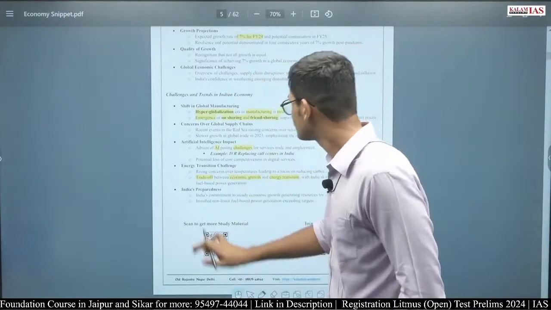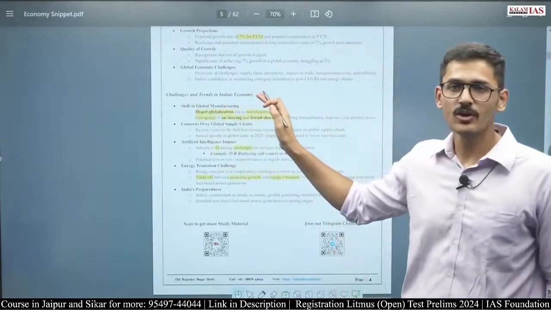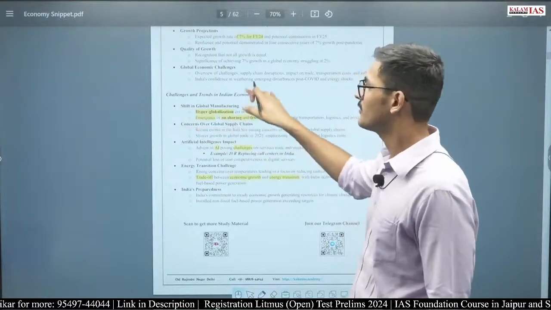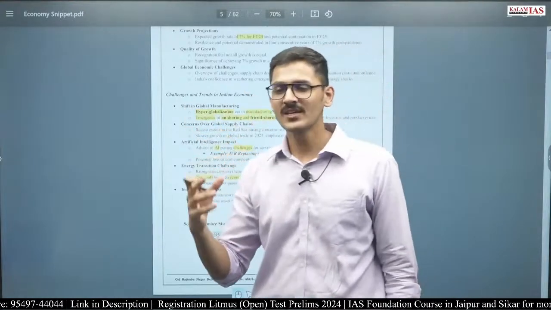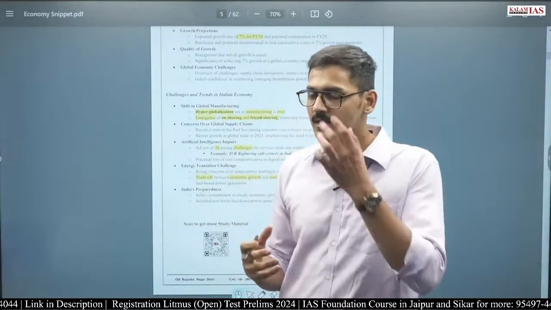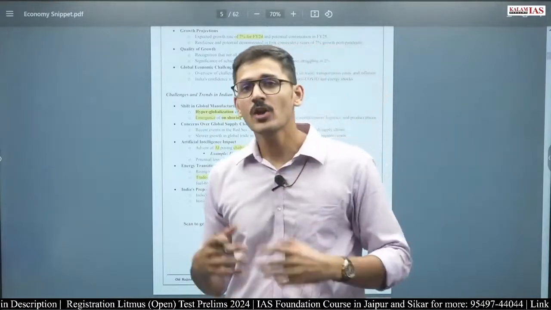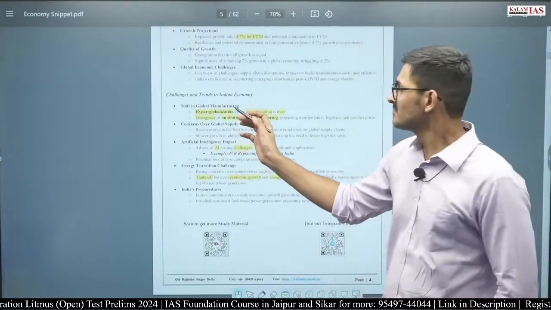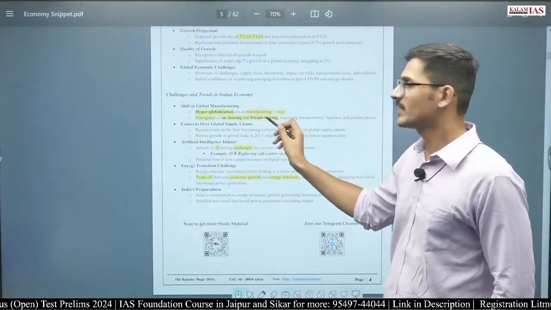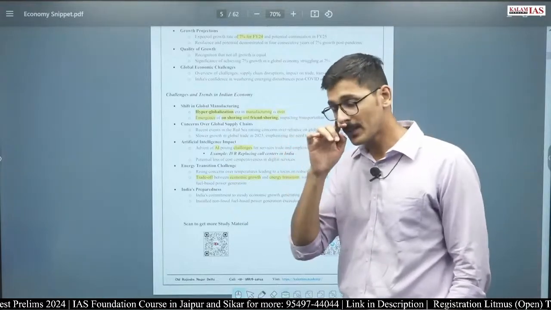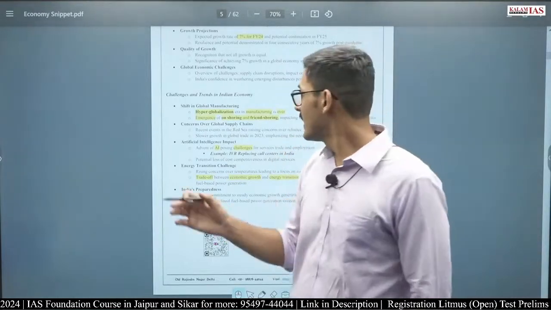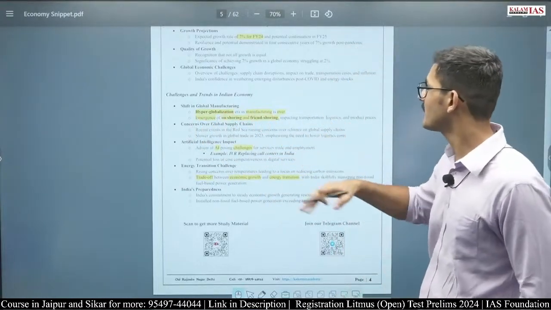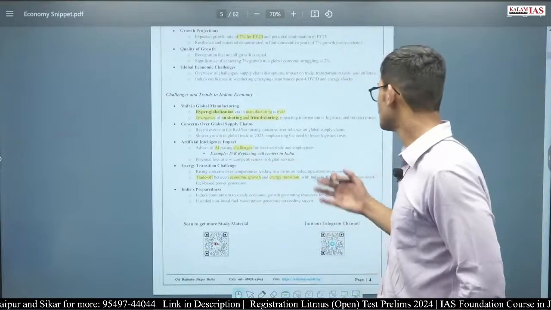So moving forward, the terms: challenges and trends in Indian economy. What are the challenges and trends faced by the Indian economy? First, the shift in global manufacturing. This is a challenge for the Indian economy as well as an opportunity. So how is it a challenge and an opportunity? This document says that the hyper-globalization era in manufacturing is over, and there is an emergence of onshoring and friendshoring, which is affecting transportation, logistics, manufacturing, everything,